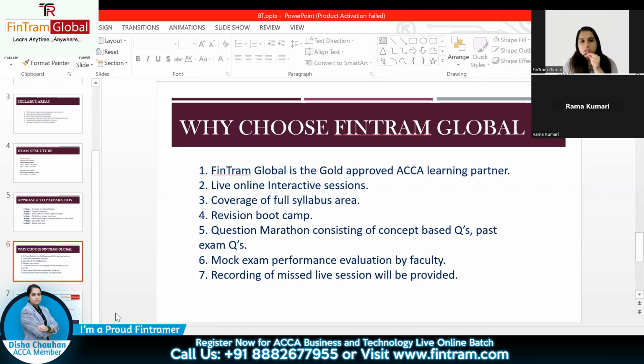Now, in today's session, this is a demo session, so we will be going through a chapter as well. We will be covering just some part of session 1, because it is a big session. And once we start the classes, we'll again start with session 1. But in this session, we will be briefly touching upon that chapter as well, so that you can see the teaching style and then decide.